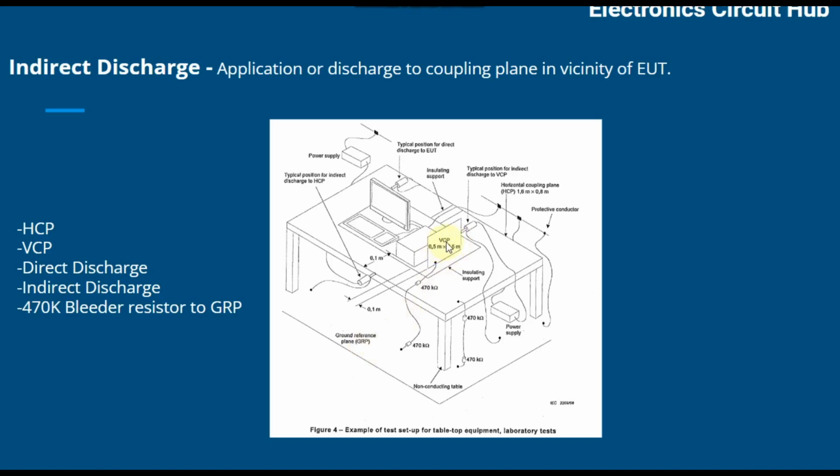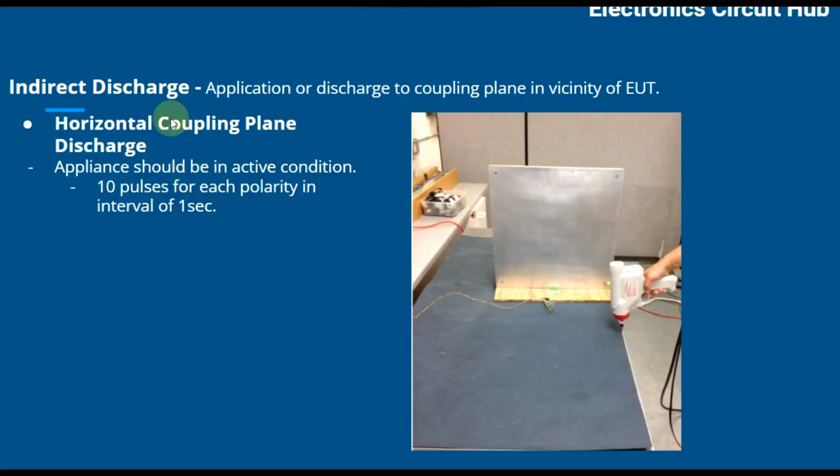This is the vertical coupling plane, VCP, and you can see somewhere is HCP also. This is the horizontal coupling plane, and they have given the dimensions for the vertical coupling plane and horizontal coupling plane. So in indirect discharge, you can see this is horizontal coupling plane discharge. You can see you have your product here. This is your product, this is your horizontal coupling plane, and this is your vertical coupling plane, and the man